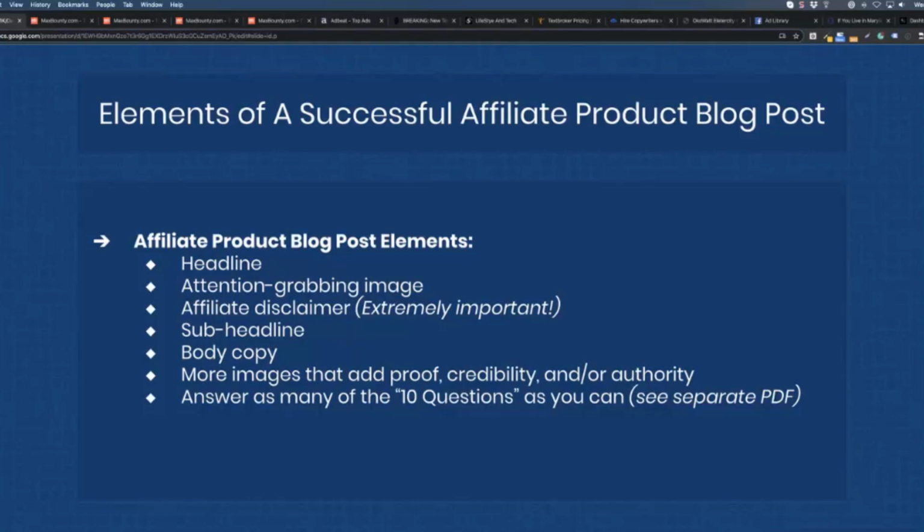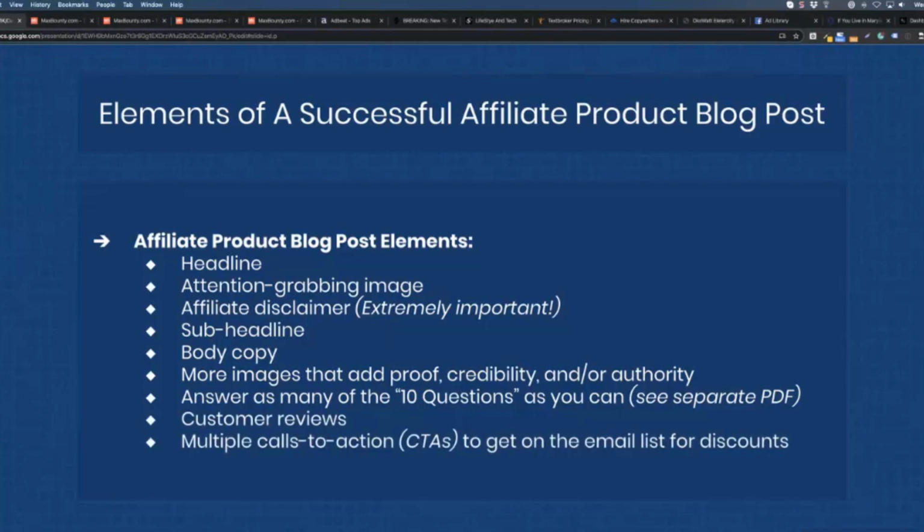If you're interested in writing your own copy, I highly recommend getting that ebook. And customer reviews and some call to actions, obviously, throughout. We're going to be trying to get people onto the email list. That's going to be the number one call to action, really the only call to action, for me at least. I'm not going to be linking directly out to the affiliate product. The only way for them to see more about the product is to get on the email list to get the discount,